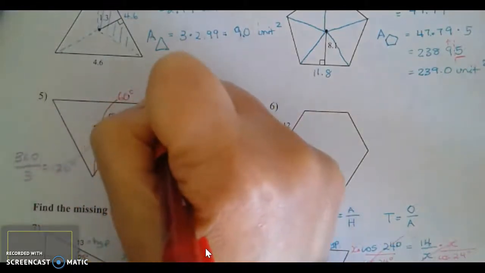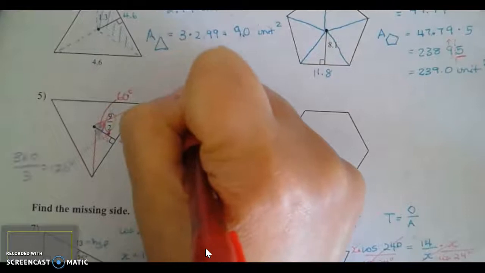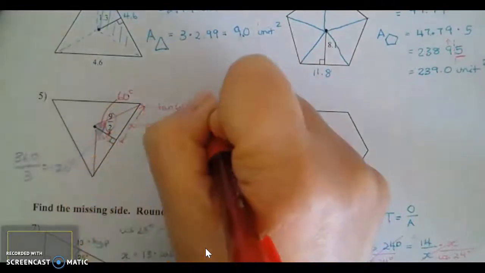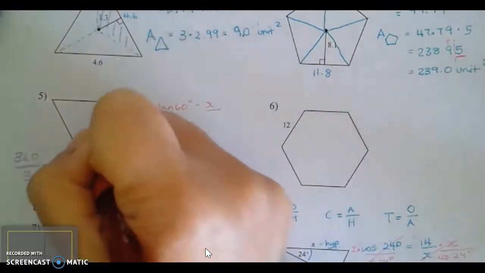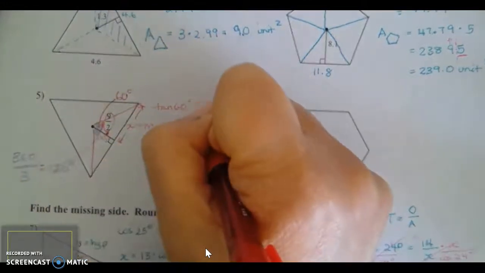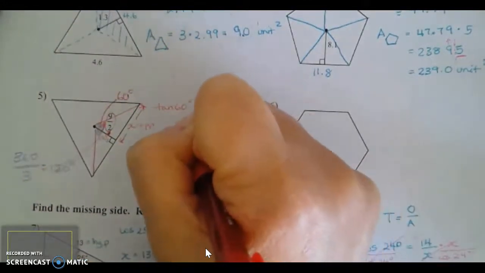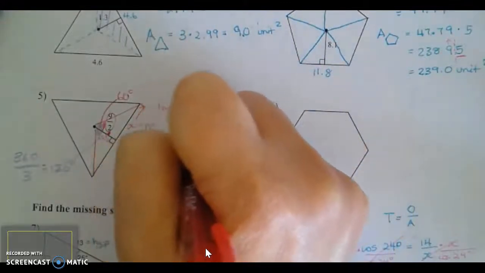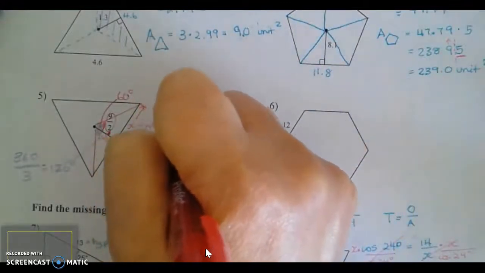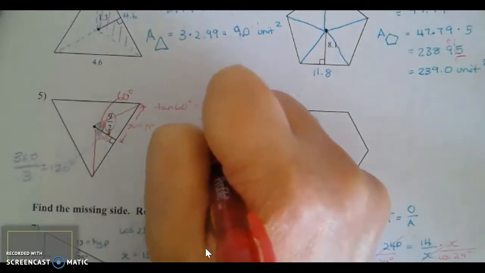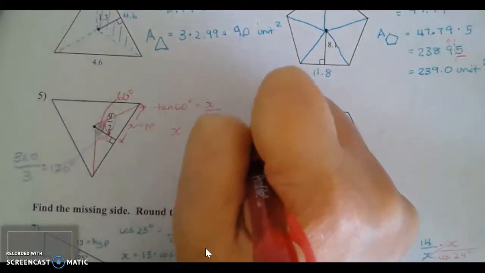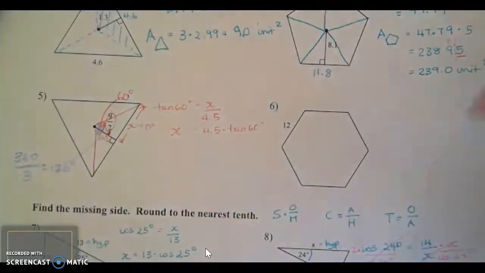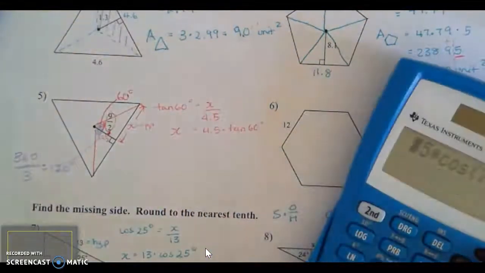So we have tangent of 60 degrees is opposite, which is x, divided by adjacent, which we know to be 4.5, or 9/2, which is the same as 4.5. So then multiplying both sides by 4.5, I get x is equal to 4.5 times tangent of 60 degrees. And of course, if you remember the